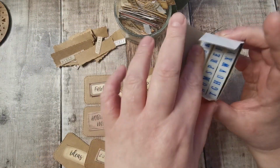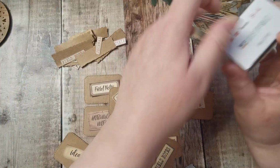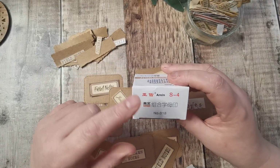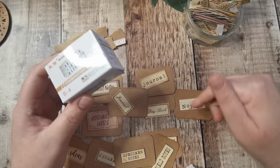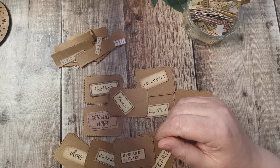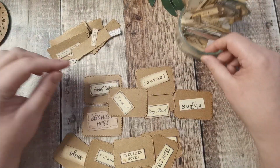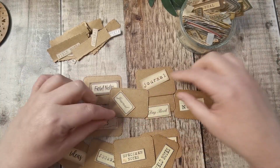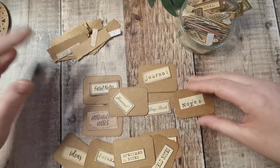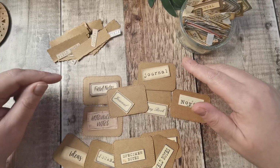So I've got lots of, as you can see, these are from all different kits, all different people. I've got a jar full of them, and from now on I will make my own journal notes with these, but I want to use everything that I've got printed off. So I've just gone through here and found the bigger ones, and I thought, oh, I can put them on here, build them up a little bit, and then I've either got a book plate or